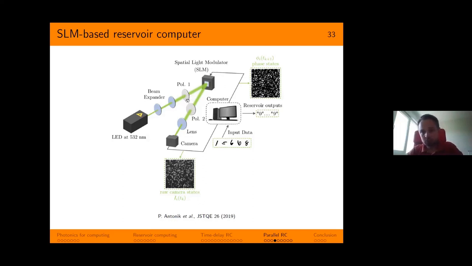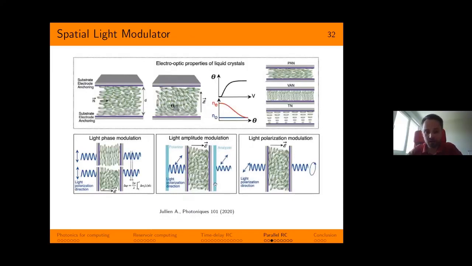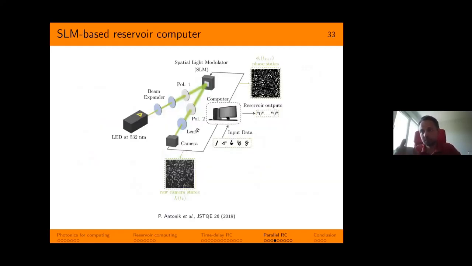And we also have two polarizers, one here and one here, with a specific orientation of 45 degrees with respect to the vertical axis, so as to convert the phase modulation of the SLM into intensity modulation. So basically, we are in this scheme here, where we have the SLM sandwiched between two polarizers, so that the SLM itself applies the phase modulation, and the polarizers in front and afterwards allow us to convert the phase modulation into intensity modulation, which can then be captured by the camera,